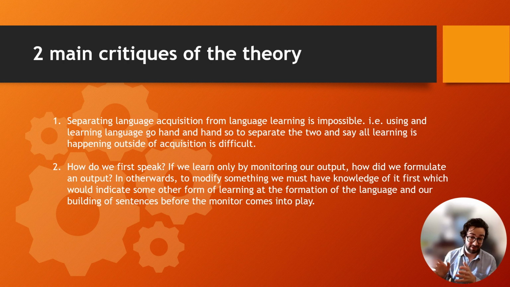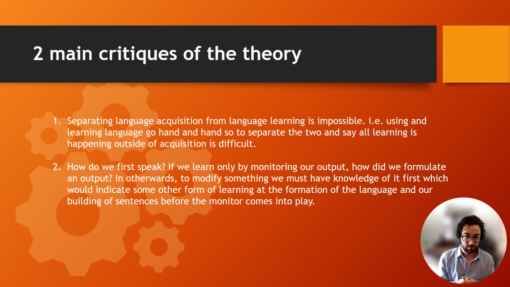So to try to separate those two and say that all learning is happening outside of the acquisition is kind of difficult. It's kind of like the idea of the subconscious, right? I'm saying the subconscious, the vocabulary is just there, and it's about the rules. Well, a lot of people would argue that learning the language requires us to learn the vocab, or requires us to go outside and do all these other things, and it's not just the use where learning is happening. There's other learning happening elsewhere.